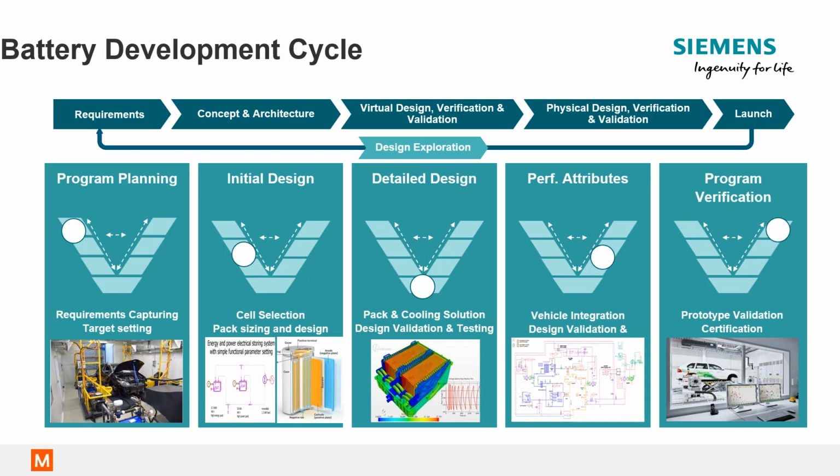Then you could use that detailed model to create a system level performance model for varying performance criteria, not only at the battery pack, but if hydraulics or electrical machines are involved, and how it all ties together. That can be done with a system level design. Then at prototype validation and certification, you can do a hardware in the loop kind of test. You could also feed that information back into your initial design, if there's an IoT based device, to improve the design.